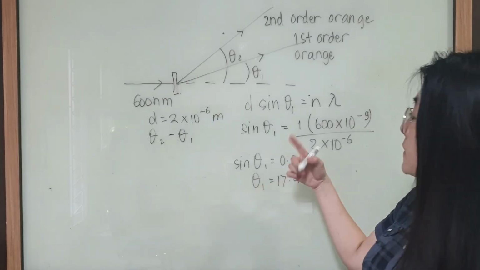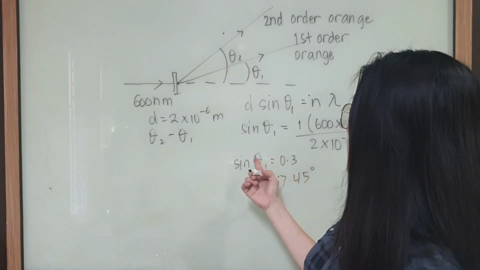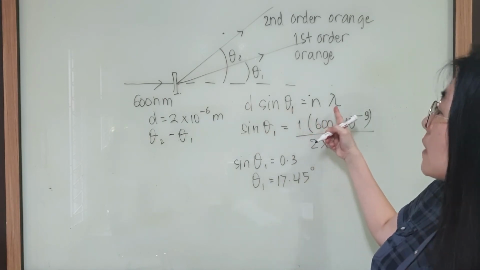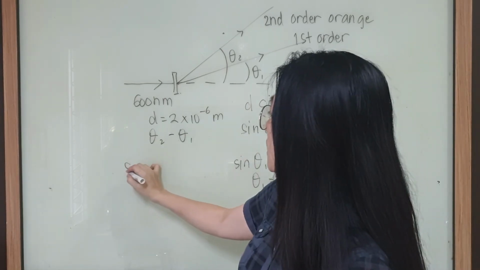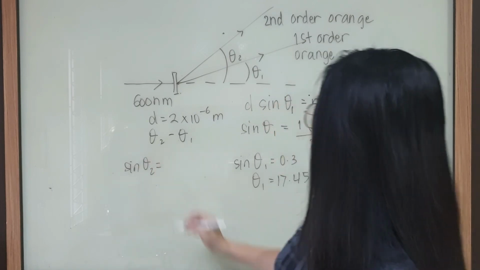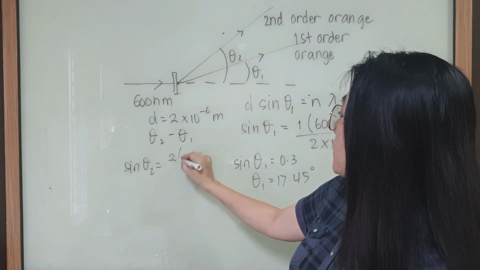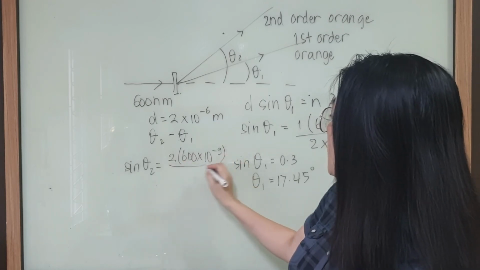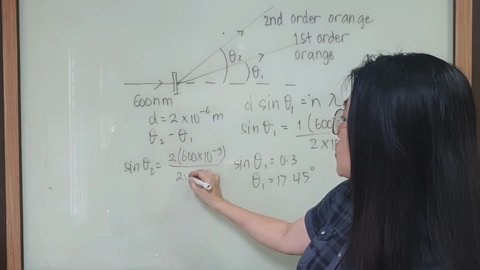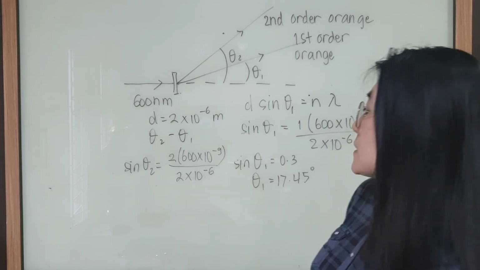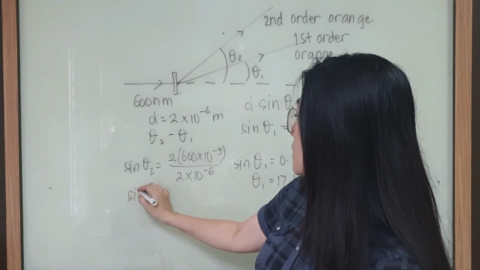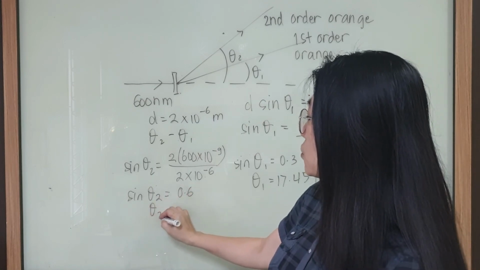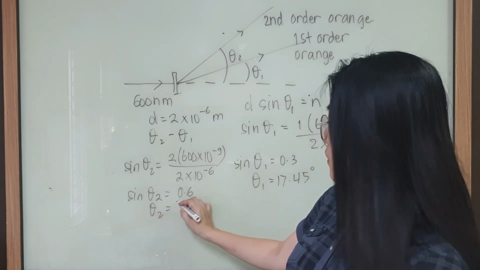And to find theta 2, we use the same equation. D times the sine of theta 2 equals 2 times lambda. So the sine of theta 2 is equal to 2 multiplied by 600 times 10 to the minus 9 divided by the D, which is the same, 2 times 10 to the minus 6. So we have sine of theta 2 equals 0.6 and theta 2, I have calculated, it is to be